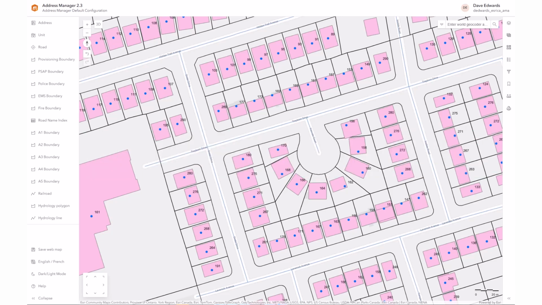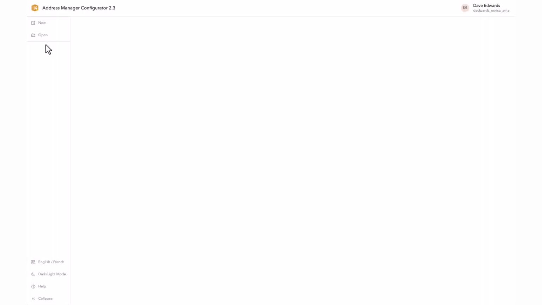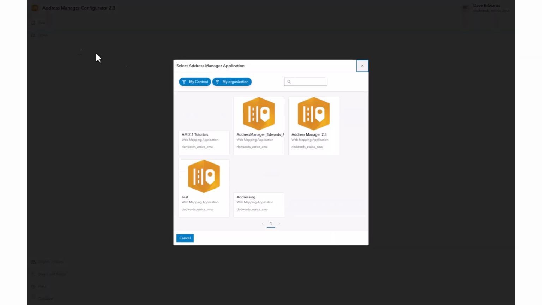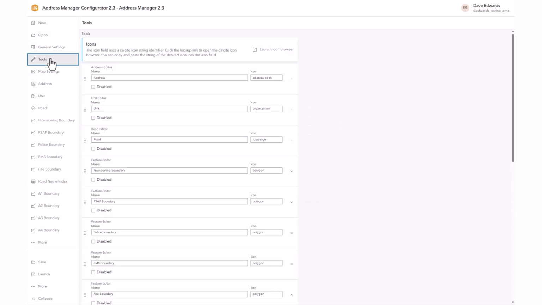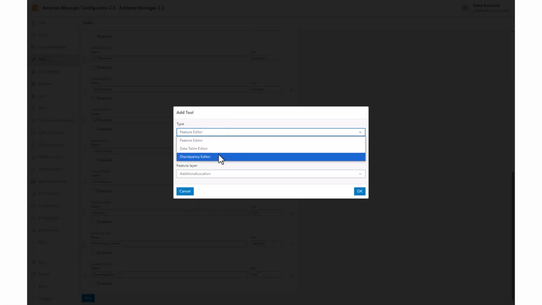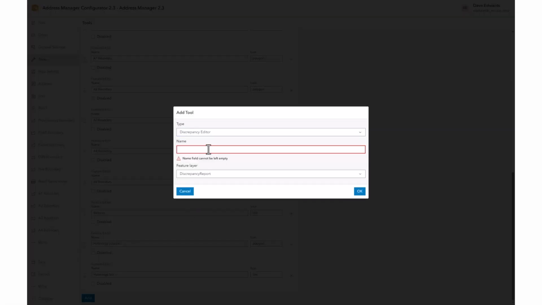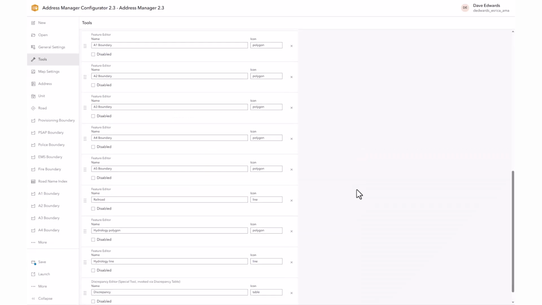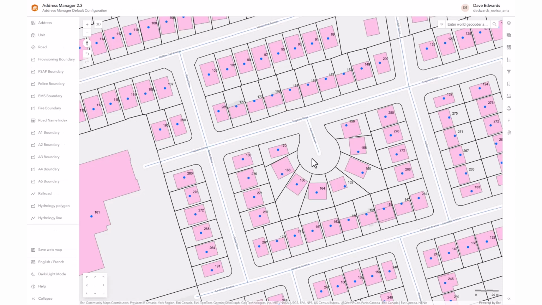An important enhancement is the ability to review discrepancy reports in the application. To enable the discrepancy report tools, open the Configurator application and select your application item. Select Tools and scroll down to the Add button. Select Discrepancy Editor, type in a name, and select OK. Then save the configuration. In the Address Manager application, the Upload Discrepancy and Discrepancy Review tools are displayed on the